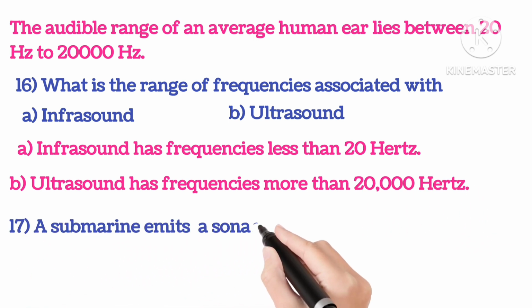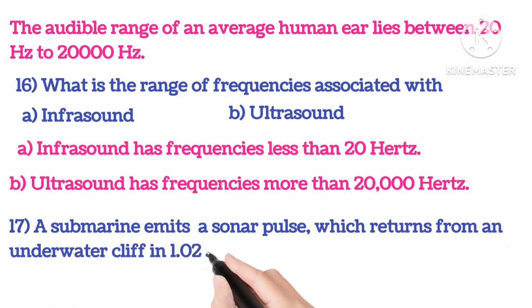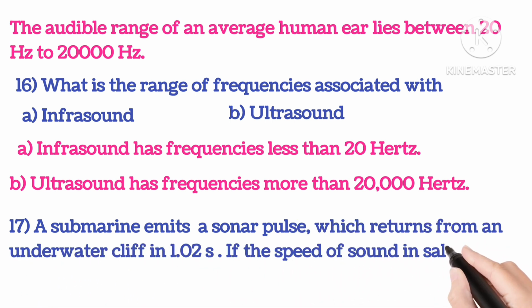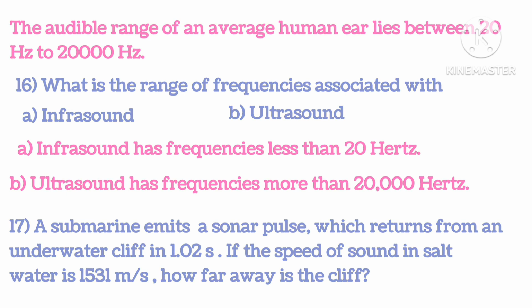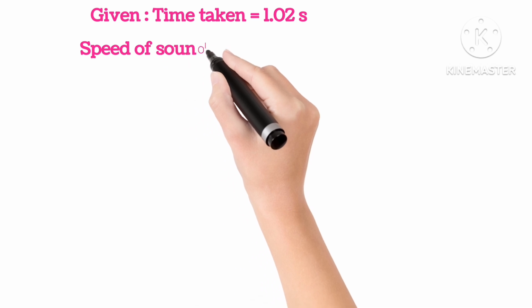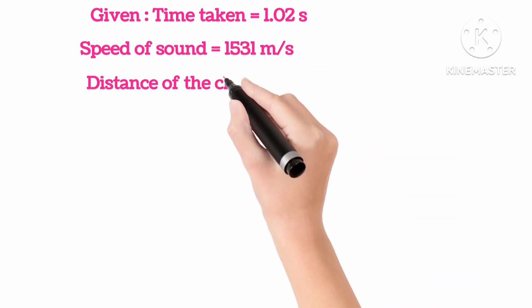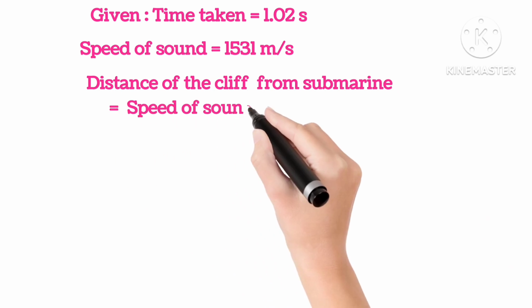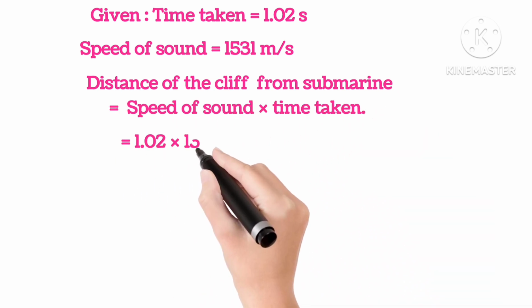17th, a submarine emits a sonar pulse which returns from an underwater cliff in 1.02 seconds. If the speed of sound in salt water is 1531 meter per second, how far is the cliff? So given here, the time taken is 1.02 seconds. Speed of sound here is 1531 meters per second. So the distance will be speed into time. So putting the values here, we get